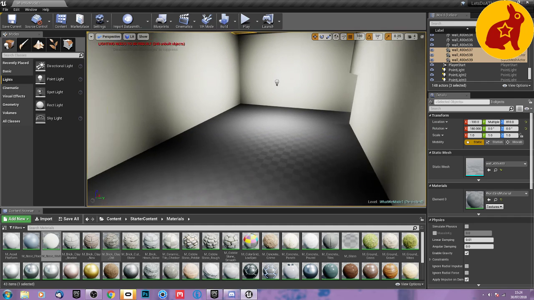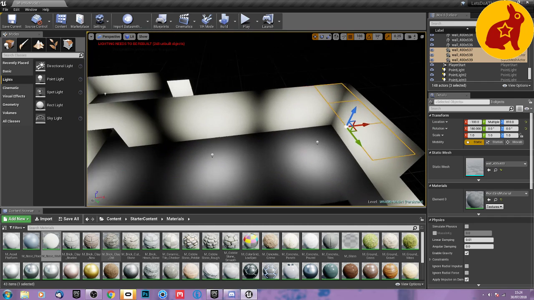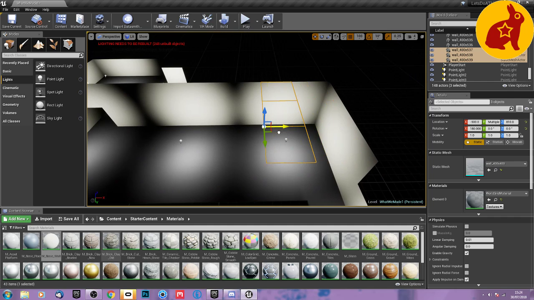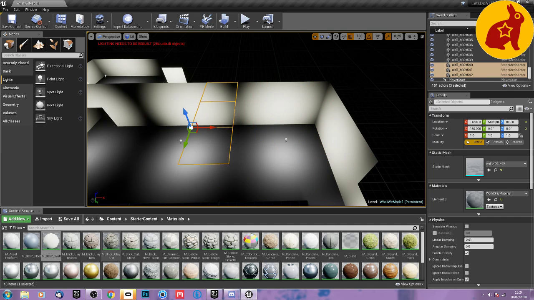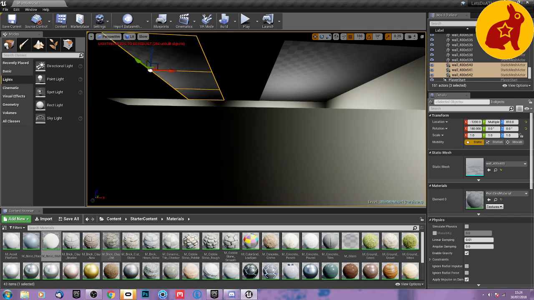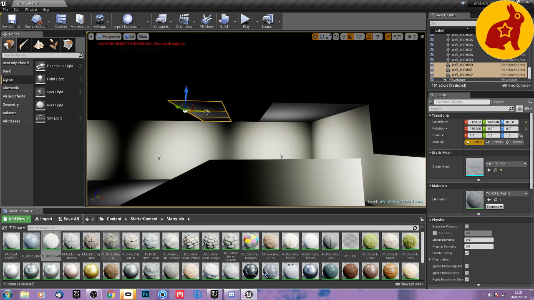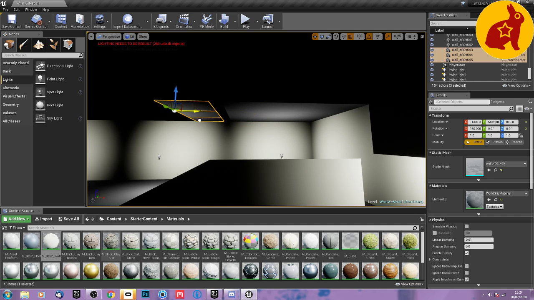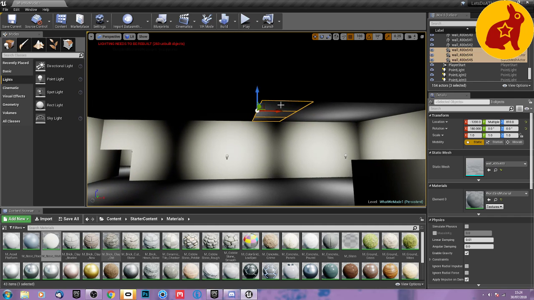And remember, like I said, I'm not going to do a load of detail today because that's not really what I'm here for. I am going to, let's come back here, basically make these simple rooms as quickly as I can,